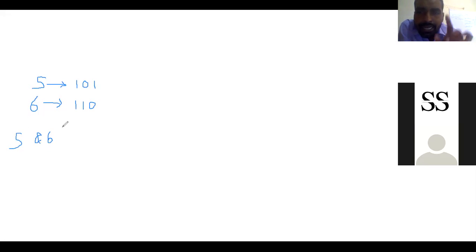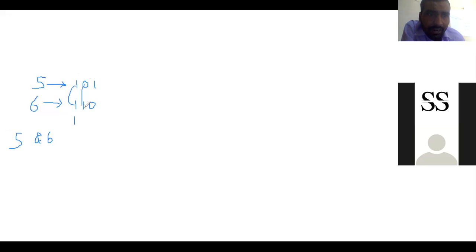Bitwise AND compares every digit of the numbers and provides the result 1 only if both are 1. And if any one of them is 0, then the result will be 0. Remember this. If any one of the digits is 0, then the result is 0. So let us take 1 and 1. What will be the result? 1 and 1 came 1 because both are 1. The use of the AND operator is to provide 1 only when both are 1. So 1 and 1 came 1.